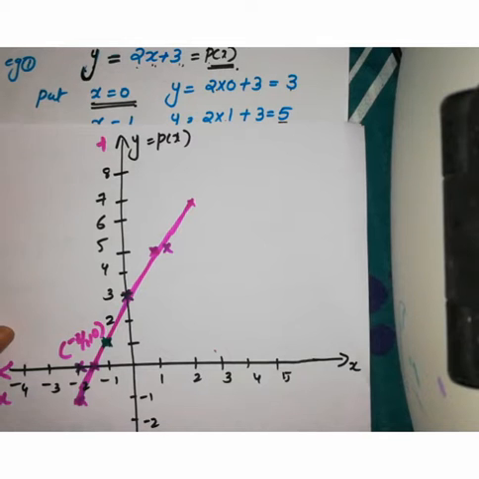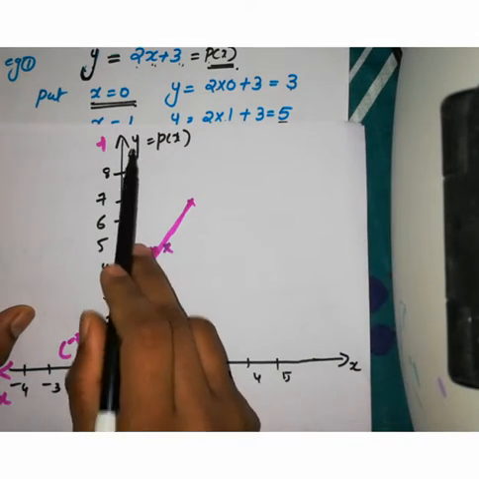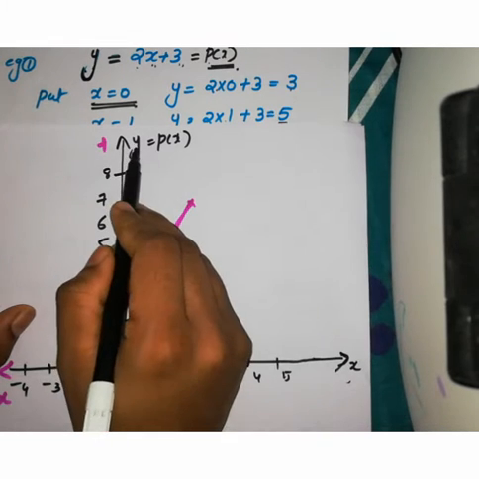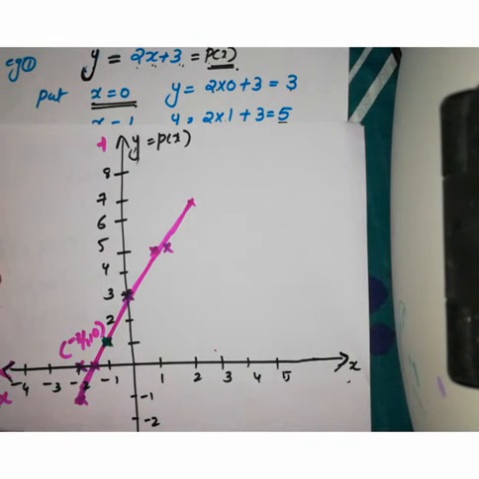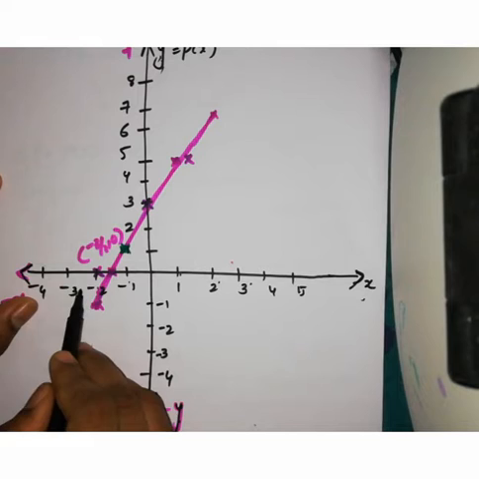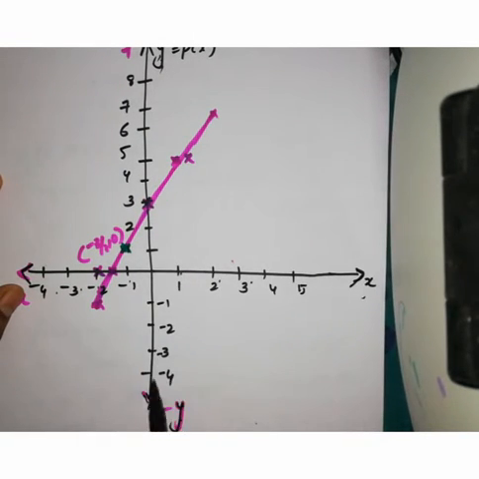Now we geometrically represent this linear polynomial 2x plus 3. We have two axes, x-axis and y-axis. This is plus x and plus y. The left hand side is minus x. The bottom of the y-axis is minus y. Clear? So we mark it as 1, 2, 3, 4. Here minus 1, minus 2, minus 3, minus 4. Again in the y-axis 1, 2, 3, the positive y-axis, and the negative y-axis, minus 1, minus 2, minus 3.